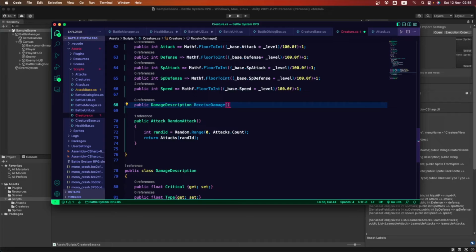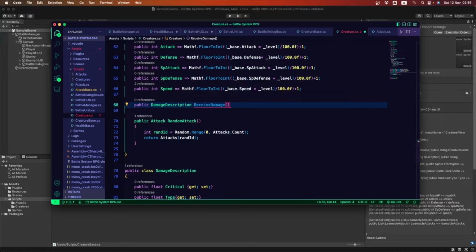The math that we're going to build is the result of the damage received by the creatures, not the attack given by the creatures per se. That's why we're calling this one receive damage and not attack damage.